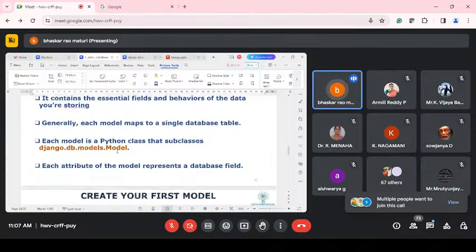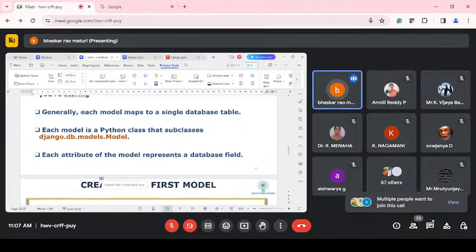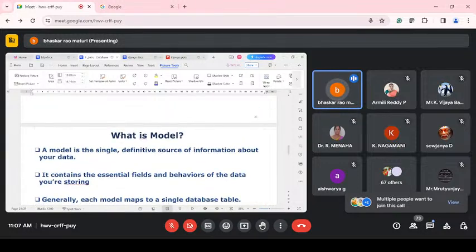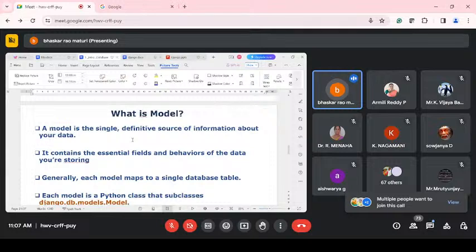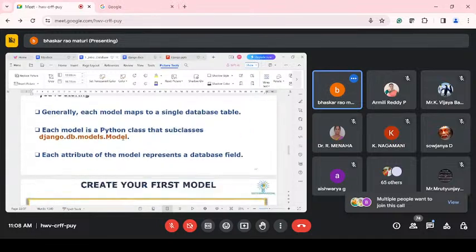The models are taking place like this, and each attribute of the model represents a database field. So each database field is represented in this model. That's why this model plays one of the major roles in transmitting data from front end to back end. So next,